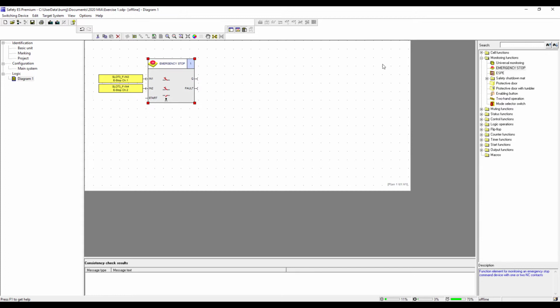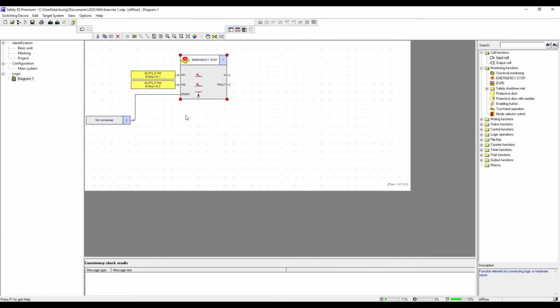So to handle that, I'm going to come back over to my right-hand tree and open up cell functions and grab an input cell and drag that here. And then I can just connect the dots between that and the start. The reason they ask you to wire that separately is there could be a whole lot more logic in place going to that start function rather than just a single cell. So in our case, it is just a single cell,